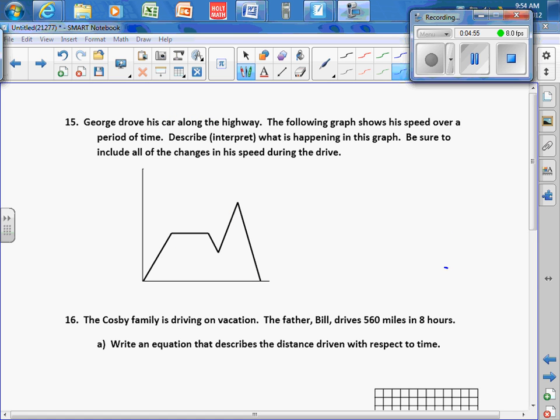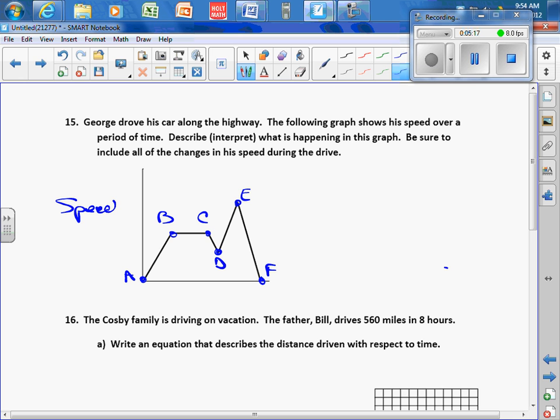Start number 15 by labeling points. Here's A, B, C, D, E, and F, and tell me what's going on from point to point. Since he's driving his car along the highway, and we are comparing speed, not distance, this is speed versus time. So, from A to B,